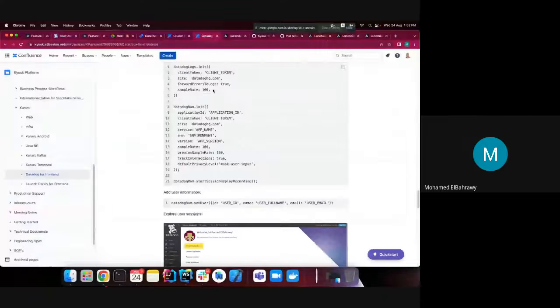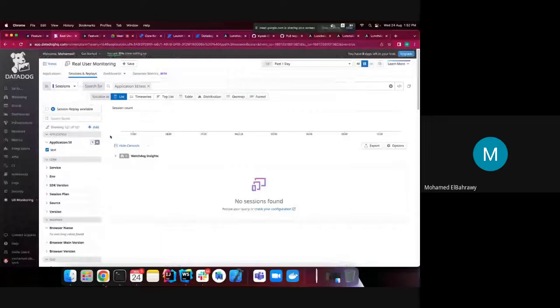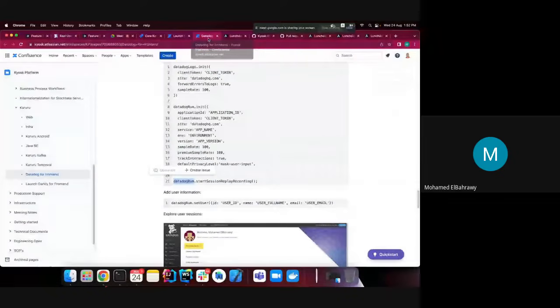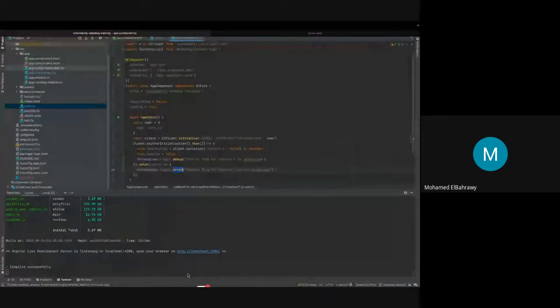Okay, it's the same libraries, but we will add some extra lines. So we will add this line. RUM is the tool which we use, real user monitoring. And logs is another library. So we will use RUM. The logs is for logs. RUM is for the user sessions. So to start monitoring the user, we can use that